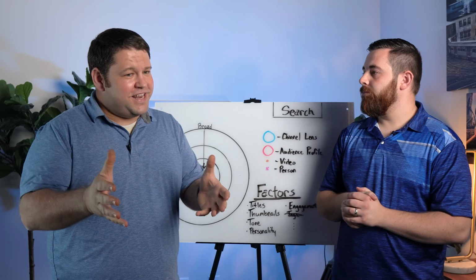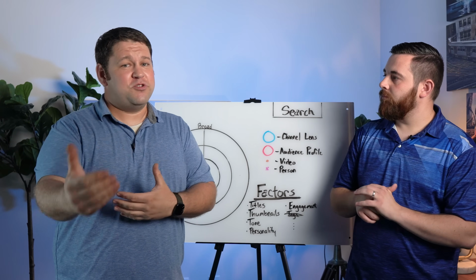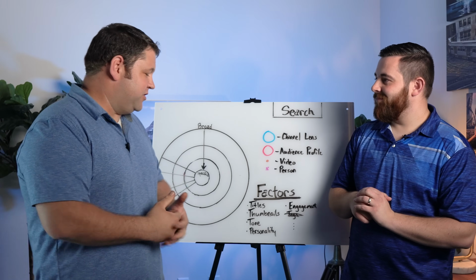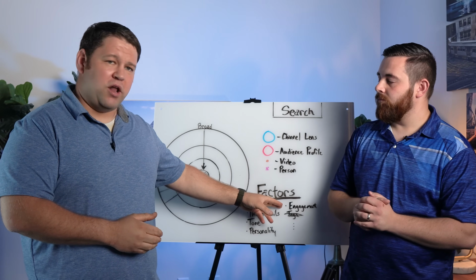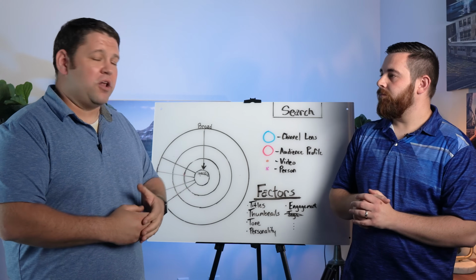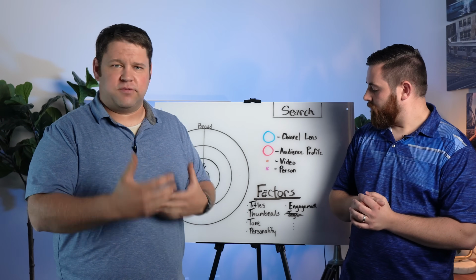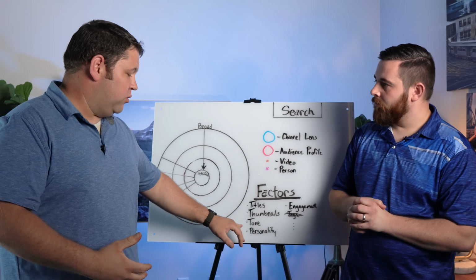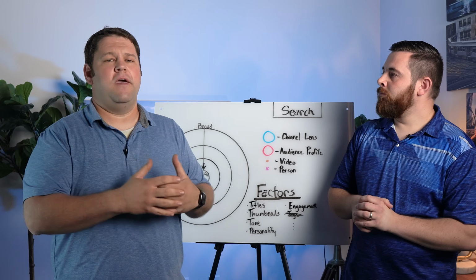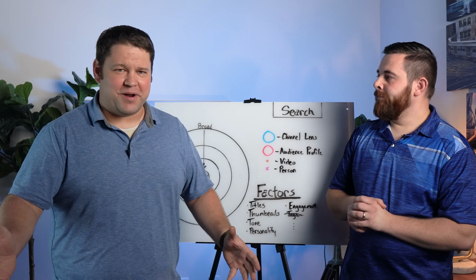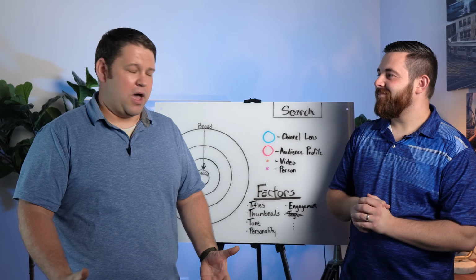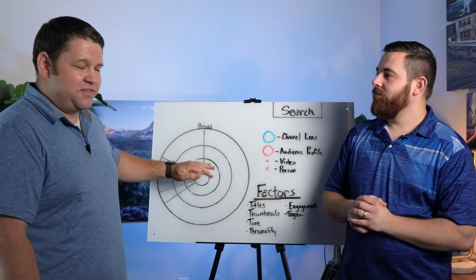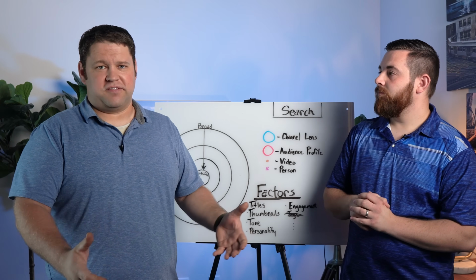If you're getting a perfectly fine click-through rate and YouTube's showing your videos a bit, there's a good chance there's an issue with engagement. People aren't watching enough of the video. And the reason they're not watching enough, or not liking and commenting and subscribing, could be tone, personality, or pacing, or all of those other factors that we all talk about on these YouTube channels all the time. That's really what the rest of this is about. If you figure out where the problem is, then we can start to address how to fix it.